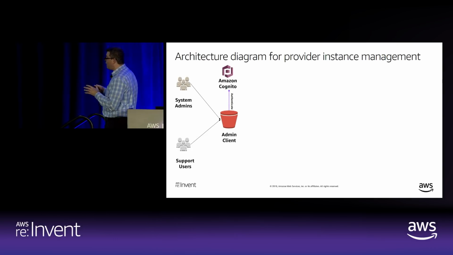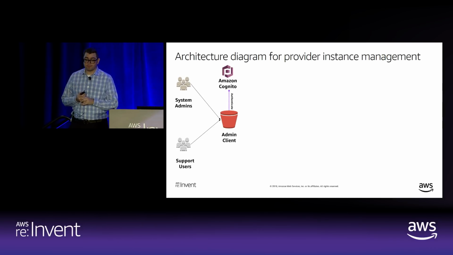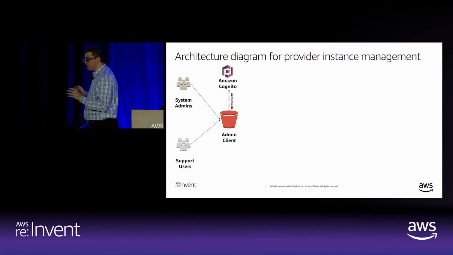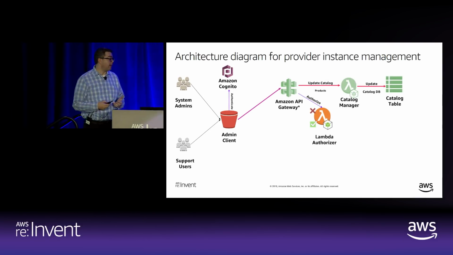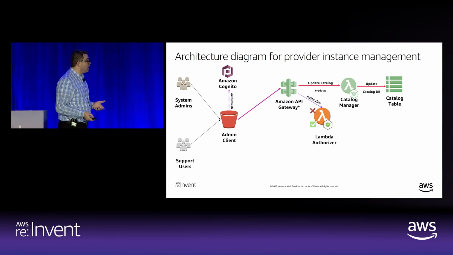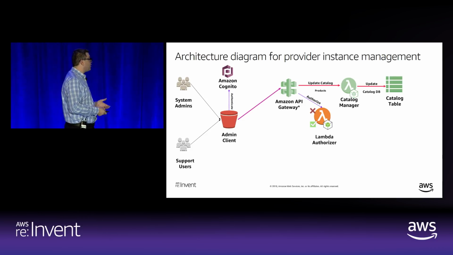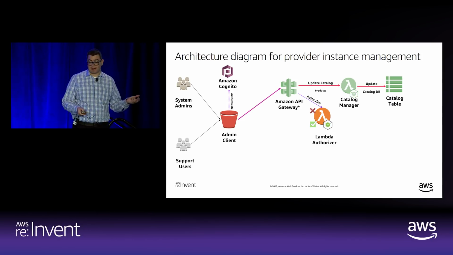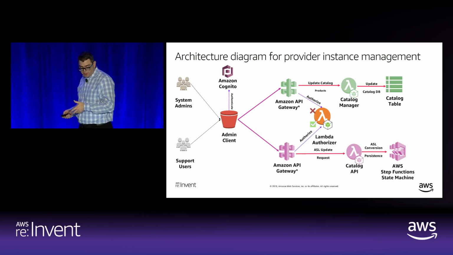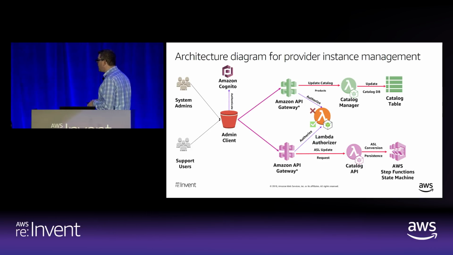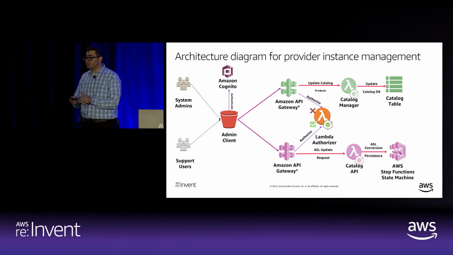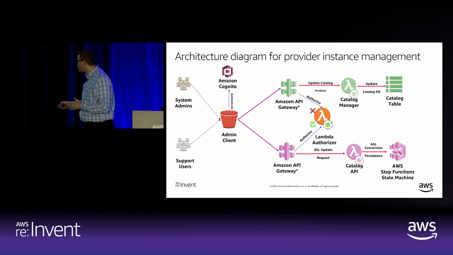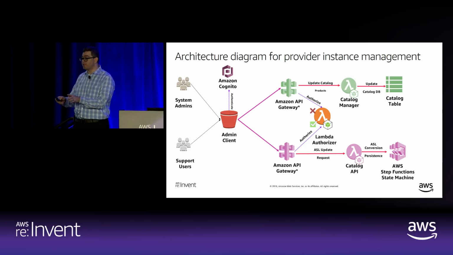We have to support the administrative flow. We have to support the ISV who's maintaining these workloads for your customers. So I have an admin client. I may have a similar approach here. That admin client is ultimately just a catalog manager to maintain my catalogs. Pretty straightforward. And what is interesting, and I see this design pattern more frequently today, is I need an approach to use what we call Amazon States Language, which is what we power AWS Step Functions with, which allows me to power those business process workflows that I was talking about.